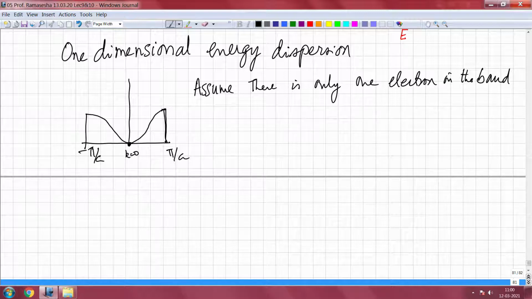Now, as I apply an electric field, this electron starts moving up, because when I apply an electric field E for a time tau, this changes the momentum, since E tau is the impulse. In this time the momentum changes, and once the momentum changes, the electron starts moving in the forward direction, and then it will go up. Let me make this figure a little bit better, because I am not happy with it.